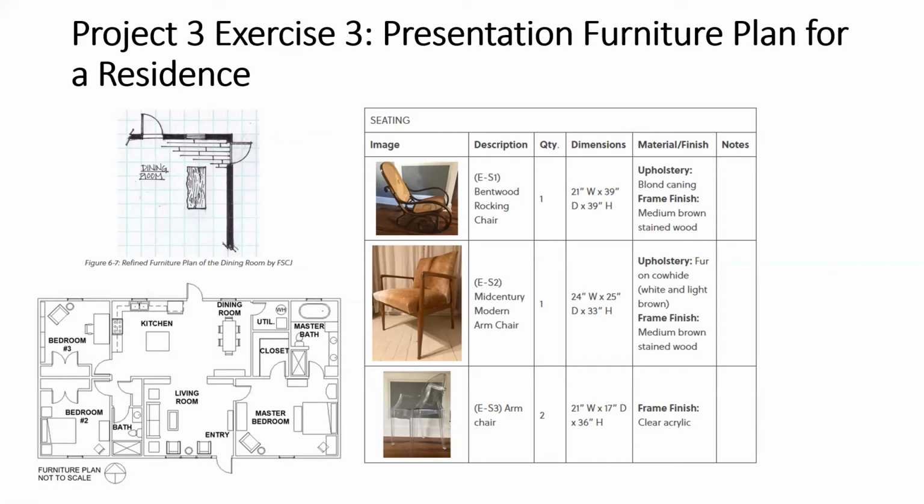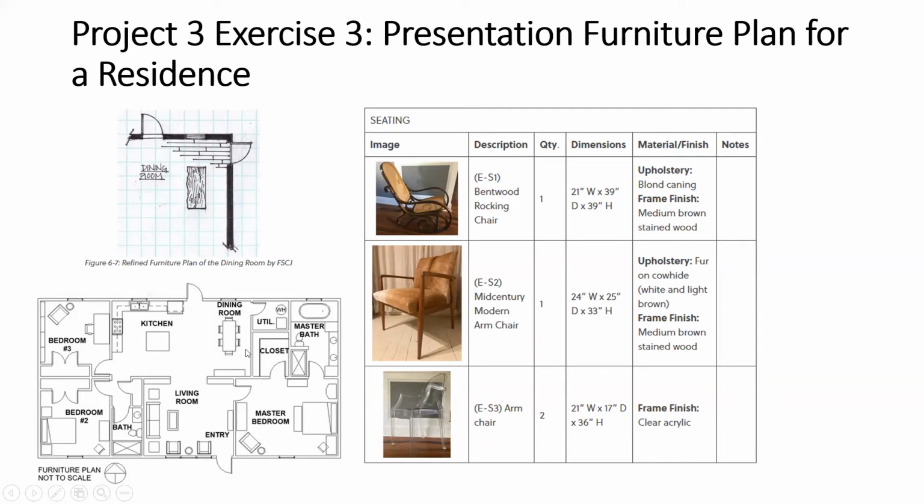Now, what I'm going to do is draw the floor plan of this master bedroom here, and it's going to actually reflect that correct chair. So for example, it's going to have much thinner arms, just one back, and it's going to be more of a petite square. You can see the dimensions here. It's 24 by 25, so it's almost a square. So it's not going to look like a rectangle like this one. Okay. For example, if I decided that I was going to use these two ES3 armchairs for the host and hostess over here, I'm going to have to redraw the shape of these chairs as well, because of course the chairs that I've selected to put there have arms and the ones on this plan do not.